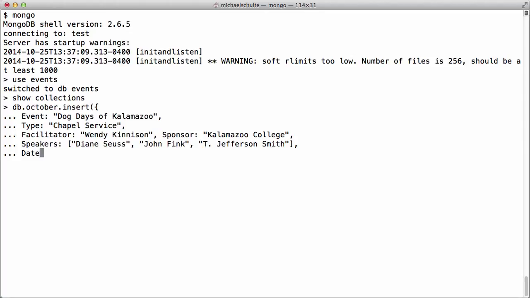And then we're going to put the date, and I want it actually stored in date format, so I'll use the ISODate function from within JavaScript. And then we'll say 2014-10-04. So I'll put it in the proper order for insertion. And the time of the event, I'm going to make that a numeric variable, and I'll say 1150 hours. So I'm using military time. And then close my brace, close my parentheses, hit enter, and we'll see that one event has now been inserted